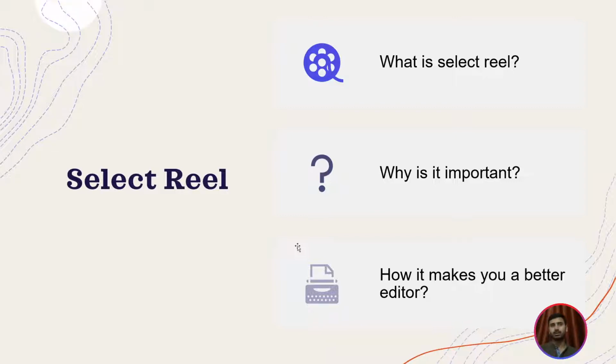bin, and then taking the best shots in the order they fit in the story, they make sense as a story, they progress the story, and they are what are called good takes. So your select reel is something that helps you speed up your editing process. So once your select reel is ready, you know that you don't have to select the shots from a pool of 50 clips. You have to select shots for editing from a pool of 10 clips only.